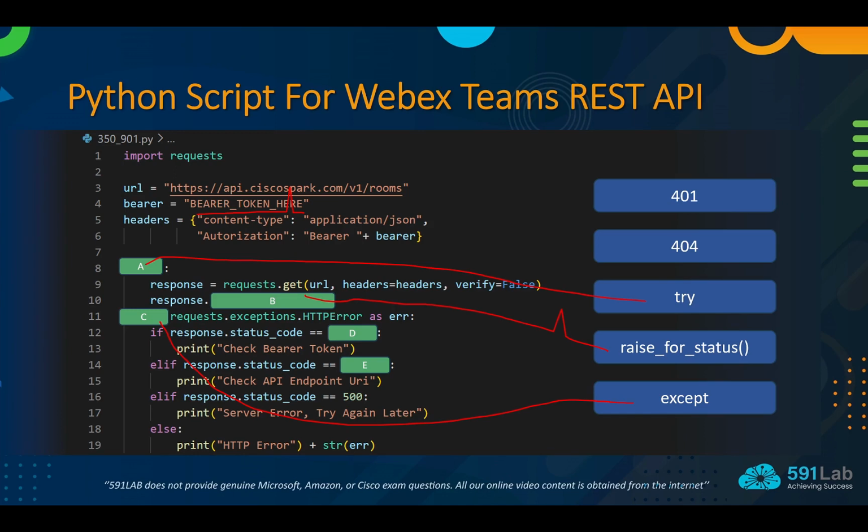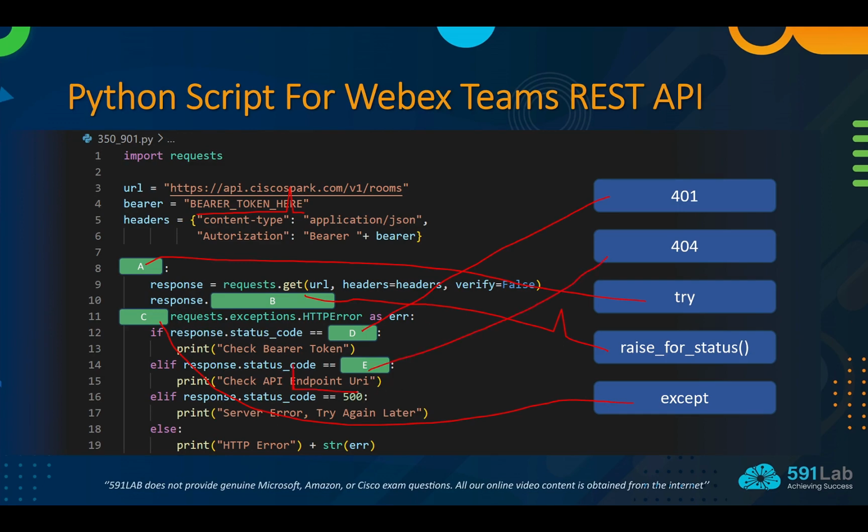So maybe the requests library will judge this case as a 401 status code. That maybe happens, yeah. So I think this one will connect to 401, and the other one will connect to